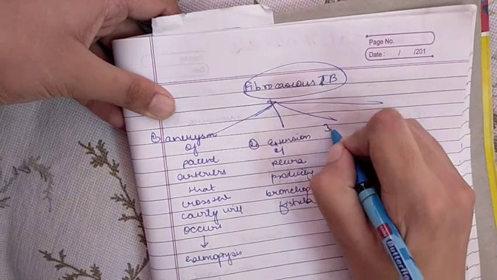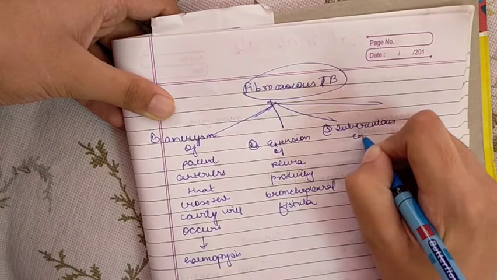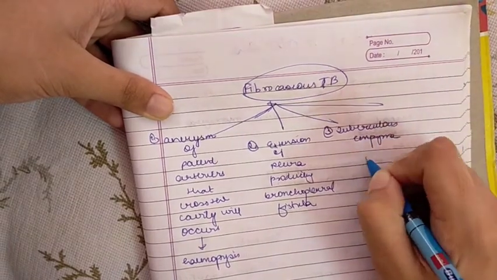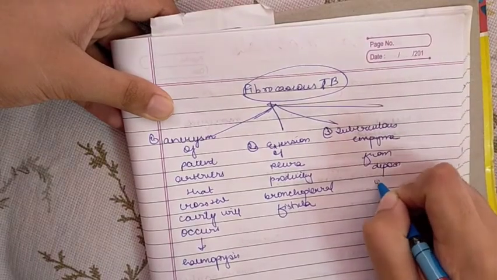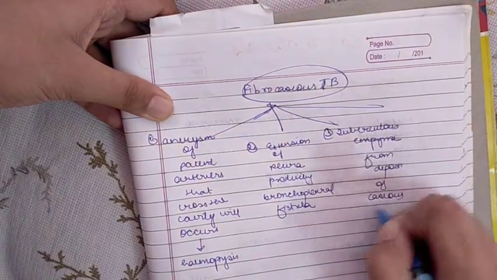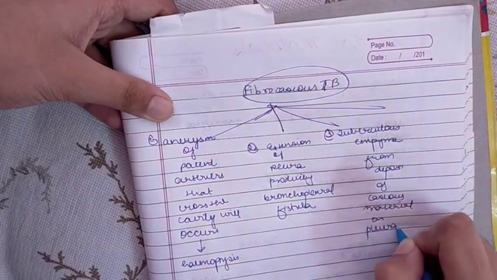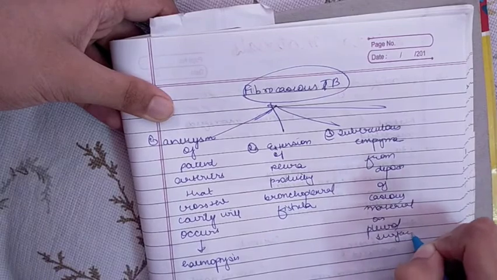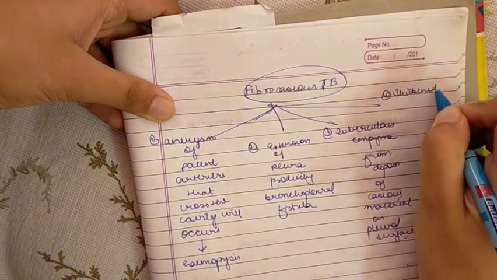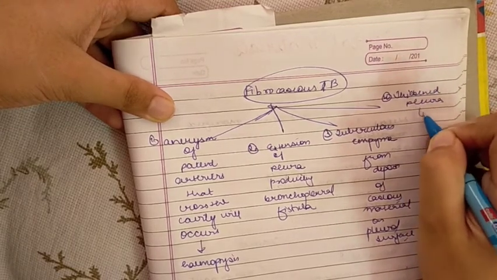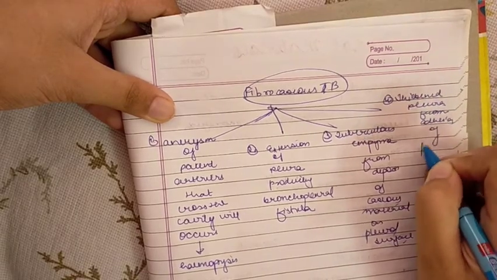Thirdly, we could see tuberculous empyema, which is the next topic of another video of mine. So it will occur from the deposition of caseous material on the pleural surface. Then the fourth one, thickened pleura from adhesion of the parietal pleura.